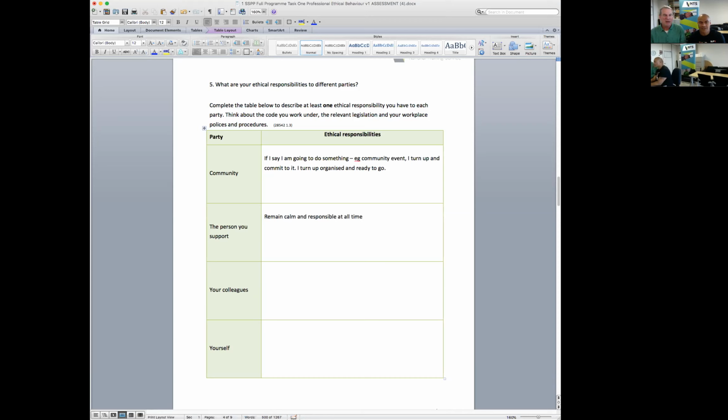So respecting the boundaries, treating the person as an equal, making sure that their whānau are included in the discussion if they would like that to occur. All of those things that most of us do every day. So there's a good range of answers that you've got there. I suppose, respecting the boundaries, doing what you say you're going to do. Not cancelling at the last minute because you left late.